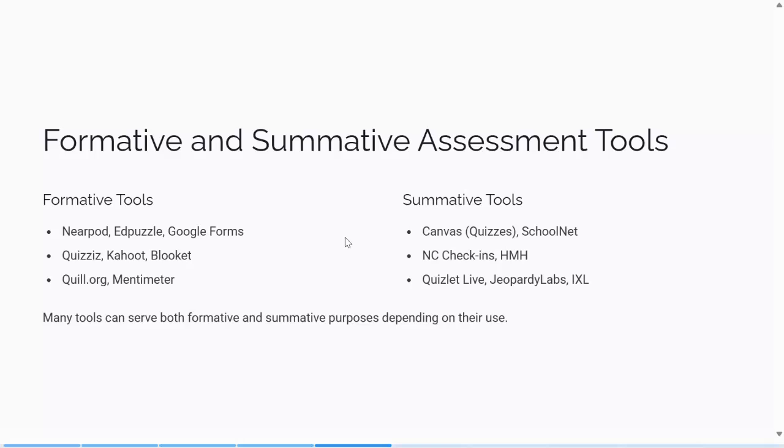So here are the tools that I frequently use in my classroom for formative assessment. I usually use platforms like Nearpod, Edpuzzle, Google Forms, and quizzes for real-time checks. I also use games like Blooket, Kahoot, and Bamboozle, which engage the students while offering quick feedback. Quill.org also helps reinforce grammar skills, and I use Mentimeter for live polling, which the students absolutely love, and it's